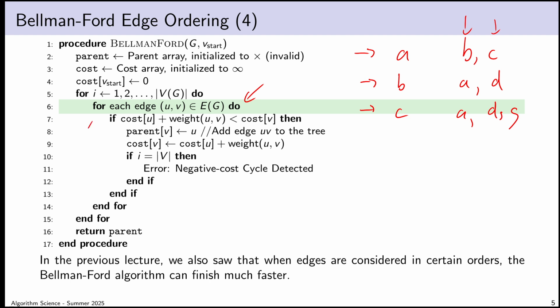But this algorithm doesn't prescribe any particular order. And because during my examples last time I wanted to be consistent, so that if you practice the algorithm, you get the same result I do in the same order, I tried doing a variety of different orderings, like alphabetical ordering and reverse alphabetical ordering. And in trying that, we noticed that the algorithm can behave quite differently if I consider edges in alternate orders.